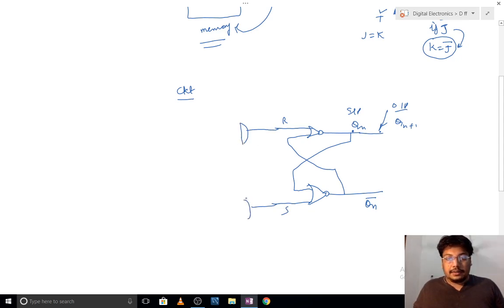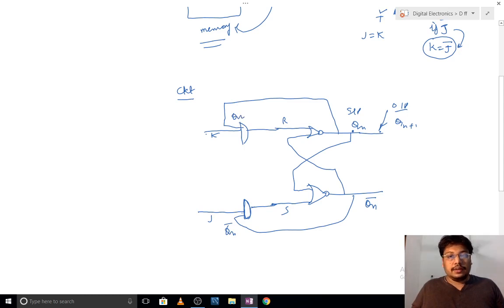with the AND gate. So this is my AND gate. Now let me put it like this. So this is my K and J. Then to make it a JK, we have to create a feedback loop. This is Qn bar and this is Qn. Then we will put up a clock. Now this is my JK flip-flop.